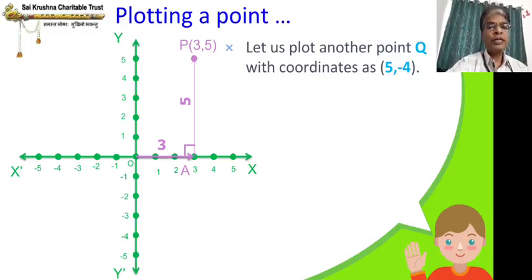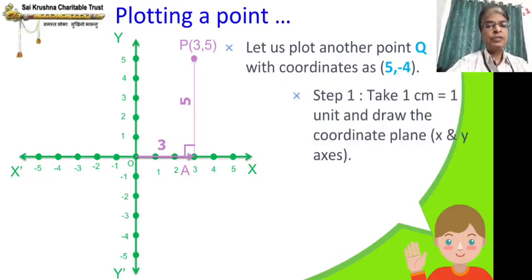The coordinate plane you have already drawn in your notebook. Draw only the point Q with abscissa as 5 and ordinate as -4. I am going to pause for a few seconds. You can pause the video and do it, and then see how I am going to do. Yes, some of you or many of you would have done it, I am sure. So the abscissa is +5, and since it is the abscissa, that is the x coordinate, we are going to move from the y-axis, from the origin. So how many units? Yes, +5.